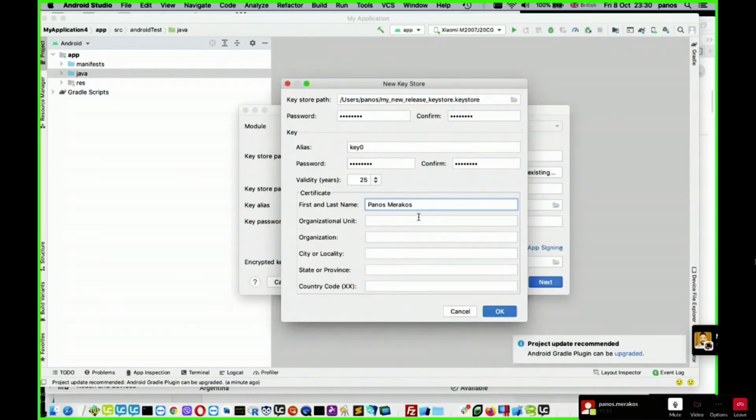I will enter my own name, organization, LiveCode Ltd. And make sure that you write down this info, the password of the key store, the password of the key, and the alias of the key, because we're going to need these details.